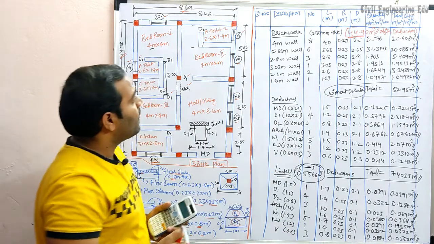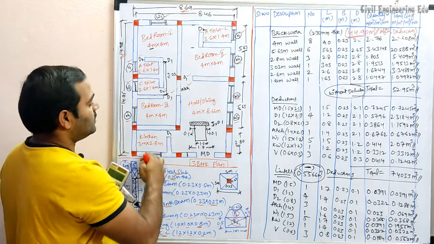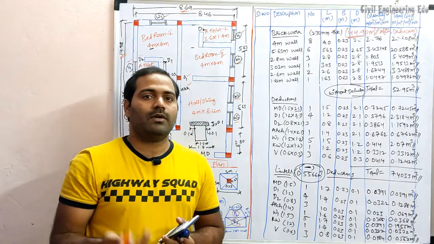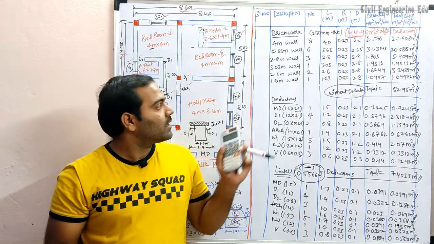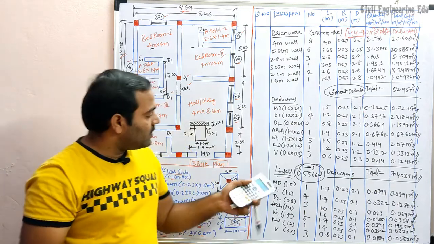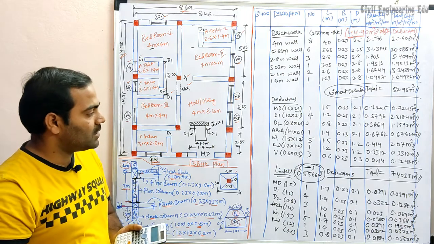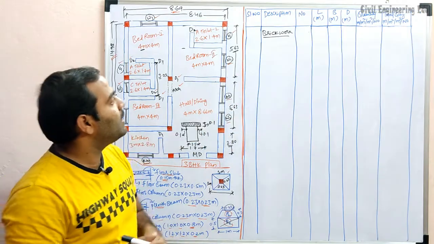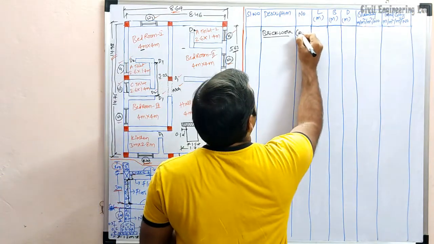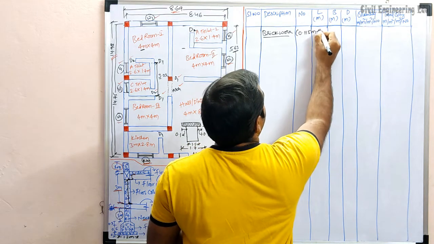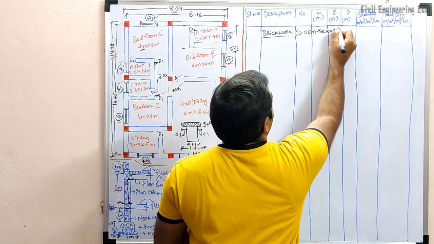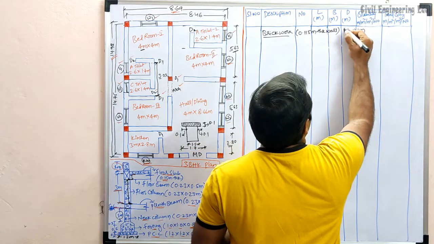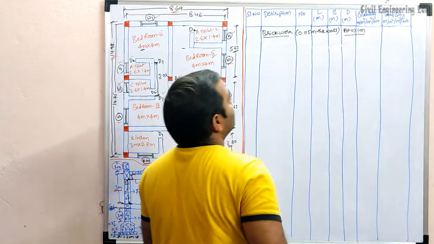So this is for 230 mm brick wall, which is used for complete ground floor, and for 115 mm wall we will calculate for parapet level. So next we will see 115 mm wall, that is nothing but 4.5 inch wall. So let us see that one. Now we will see the parapet level brickwork, which is 0.115 meter thick wall, and height is 1 meter. Height of the wall is 1 meter.